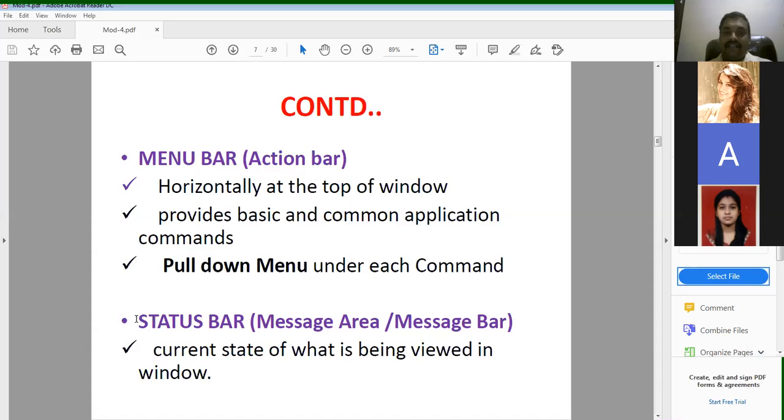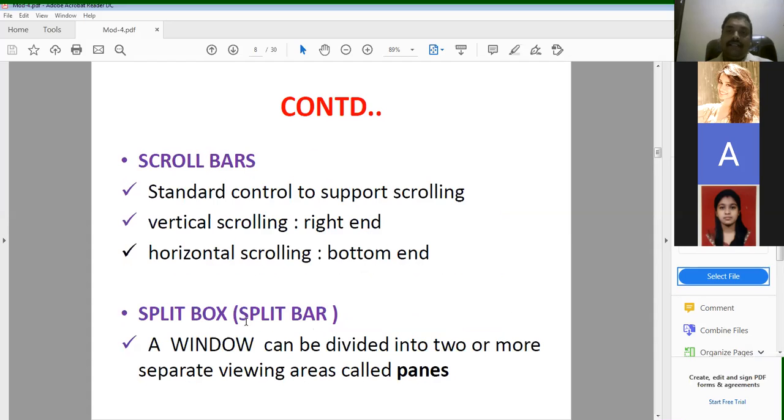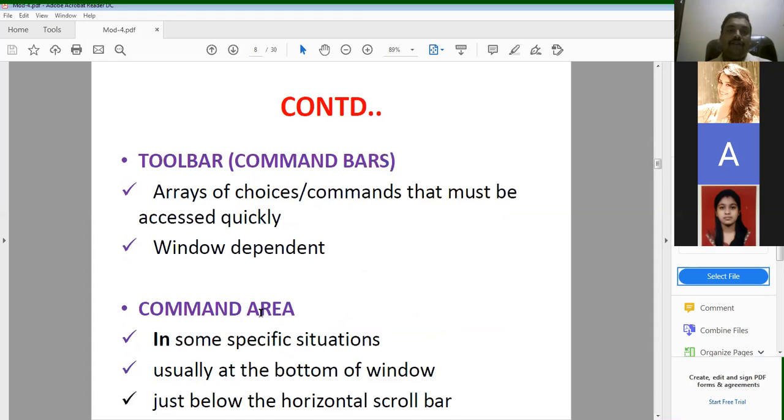And next, the status bar, which shows the current state of what is being viewed in the window. It refers to the status of what we are viewing. Next, there is a scroll bar, which is one of the components of the window, and there is a split box, which is also one of the components.